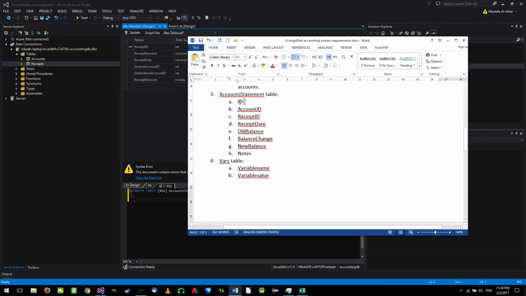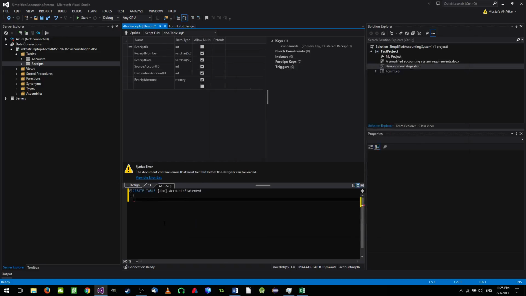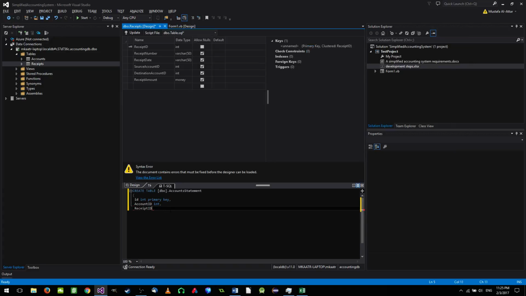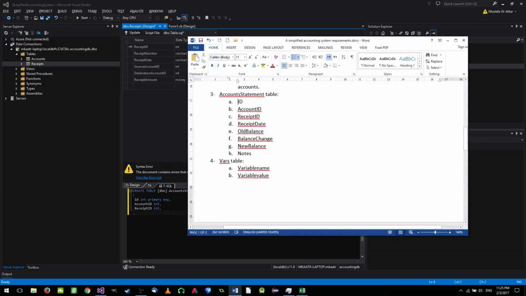This is important. Later on, we might want to remove a few of these account statement records. So we'll need an ID to simplify things for us. Okay, this is why. So I'm gonna save this one here, and it will be ID int primary key. Okay, we have account ID of type int, we have receipt ID of type int, we have